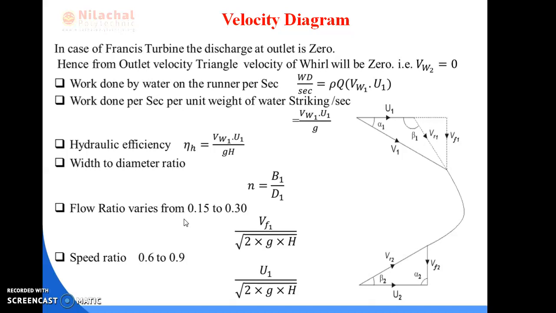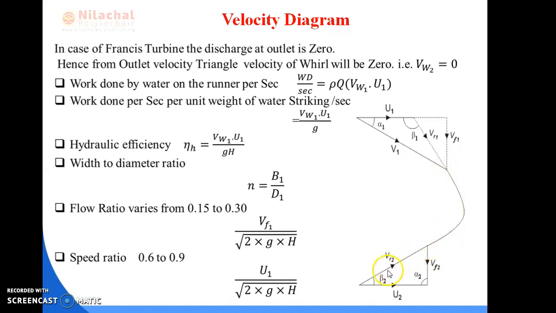Now, according to the direction of flow of water, we have to draw the velocity triangle at inlet and outlet. This is the inlet velocity triangle, this is the outlet velocity triangle. At the inlet velocity triangle, V1 is the velocity of the water entering the curved blade, U1 is the velocity of the blade at inlet. This is VR1, the relative velocity with which the water enters the blade in a tangential